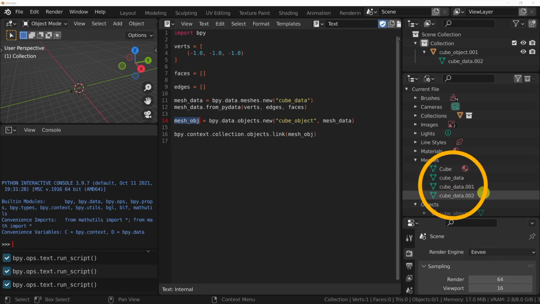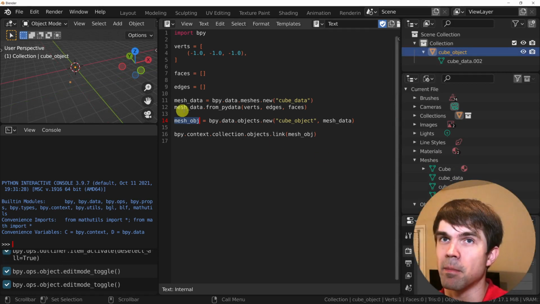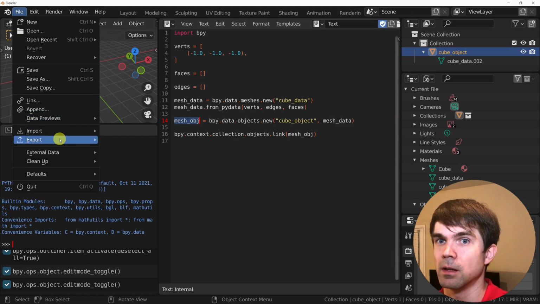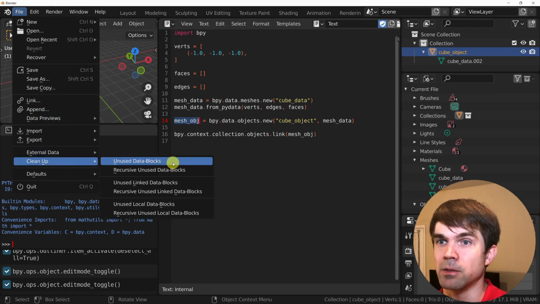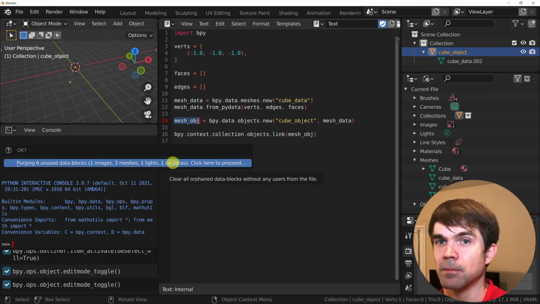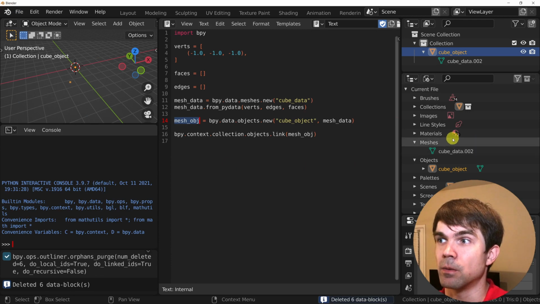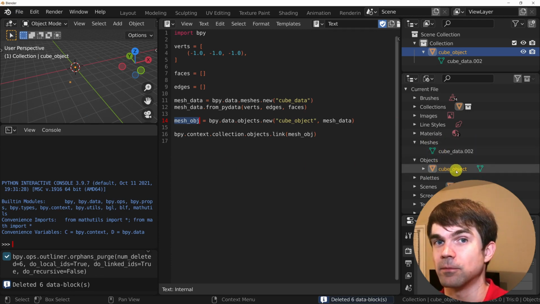These are left over from the previous runs of the script. You can clean these up by going to the file and then clean up and then unused data blocks. So hit that, then hit purge 6 unused data blocks or however many you have. And right there, it's going to clean that up for us.